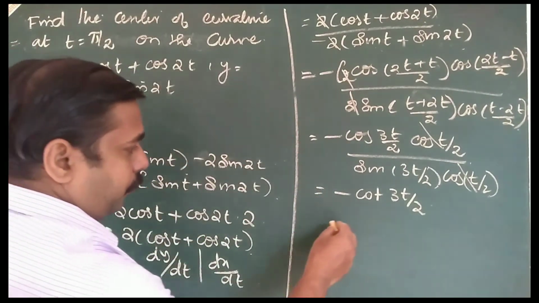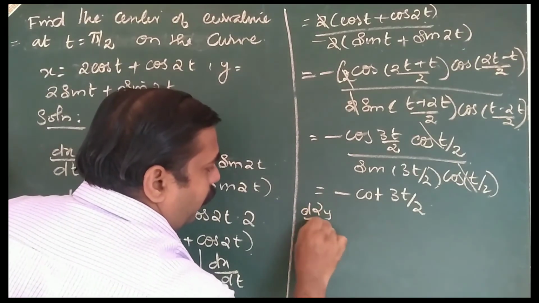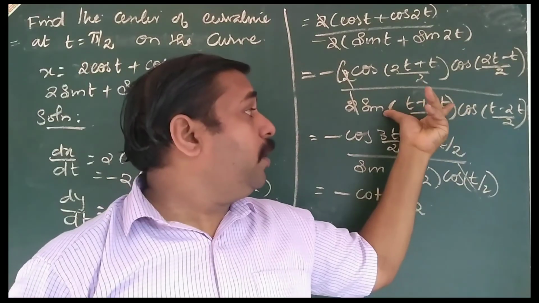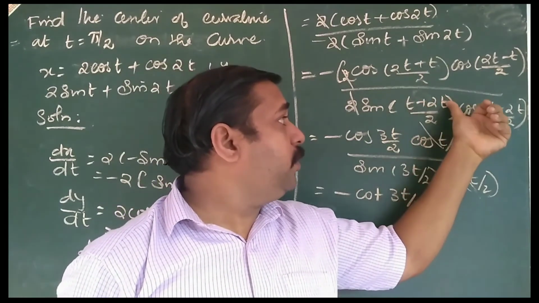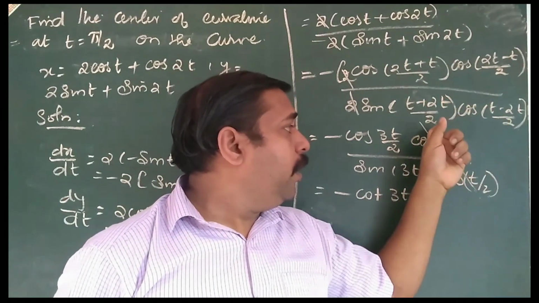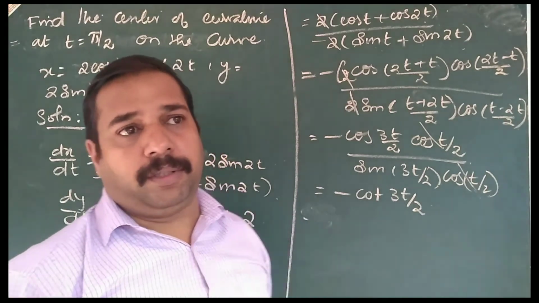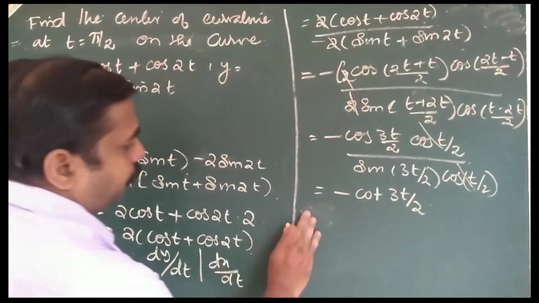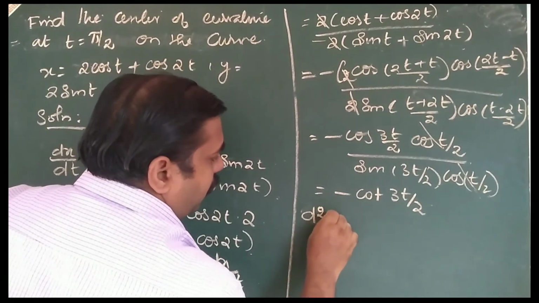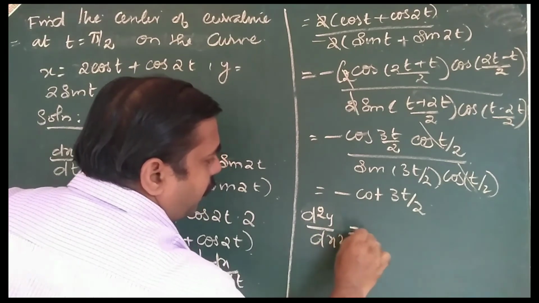Now d square y by dx square, so here what formula? Inside only we can cancel. So that is t plus 2t, that is equal to 3t/2. Here cos t/2 cancels. So now d square y by dx square is equal to